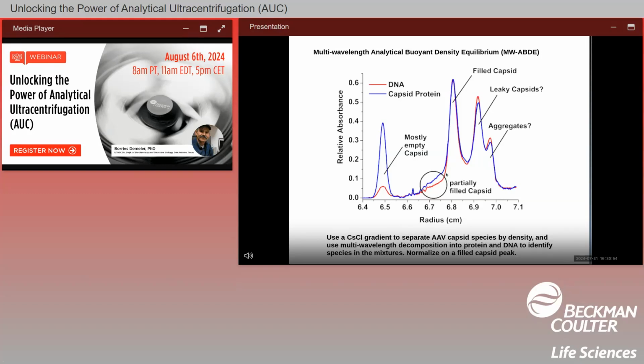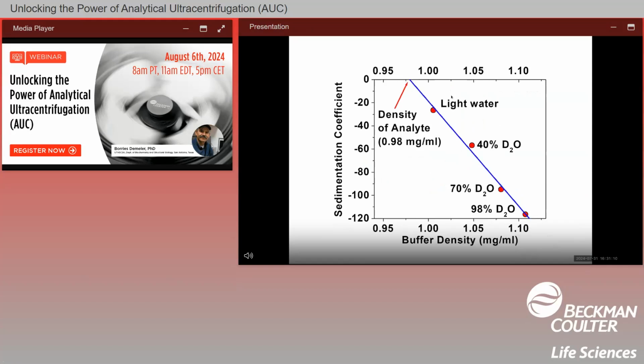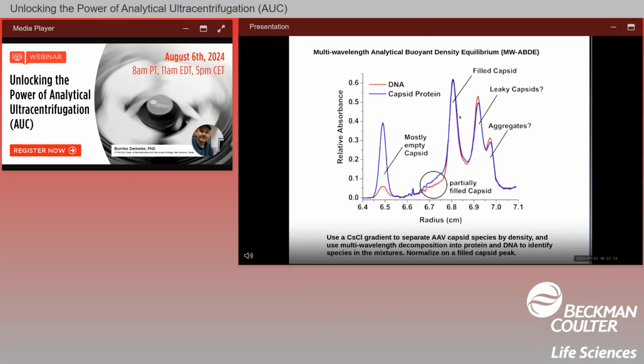And then over here, we have what looks like partially filled capsids that have more signal of protein than they have of DNA, meaning they're not completely filled. However, the filled capsid peak over here has an exact complement of protein and DNA, that is then reflected also in these higher density peaks that we see, which are possibly leaky capsids or aggregates that may produce additional density in